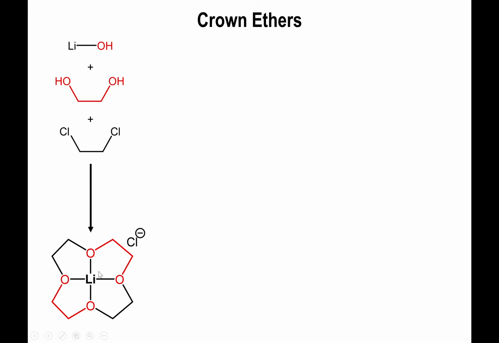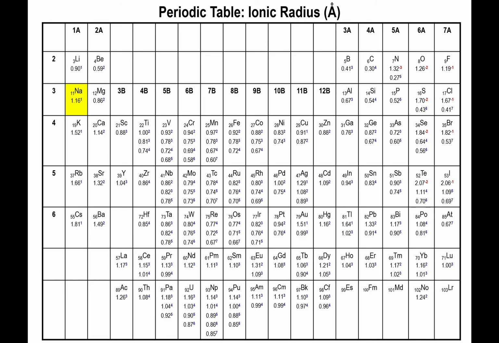And of course, the lithium ion still has the positive charge, so you will have the chloride in there to cancel out the charge, but it's not bound to the lithium. It's basically separate and taken further away from the lithium than you would have in your normal lithium chloride salt. If you move from lithium to sodium, the ionic radius now increases, and what this means is